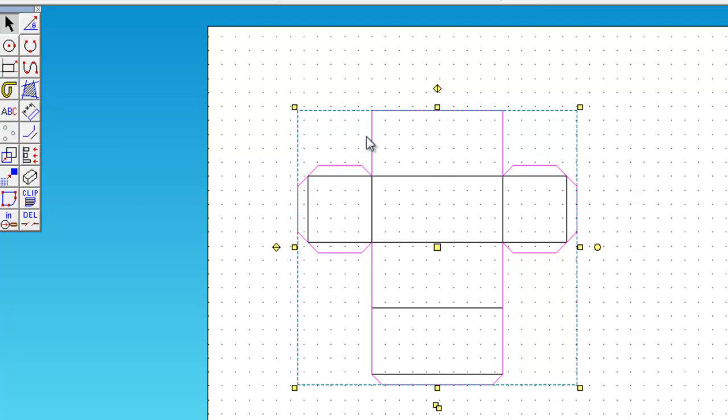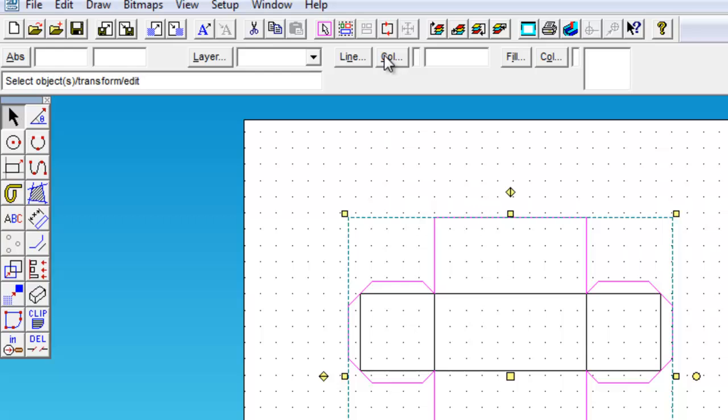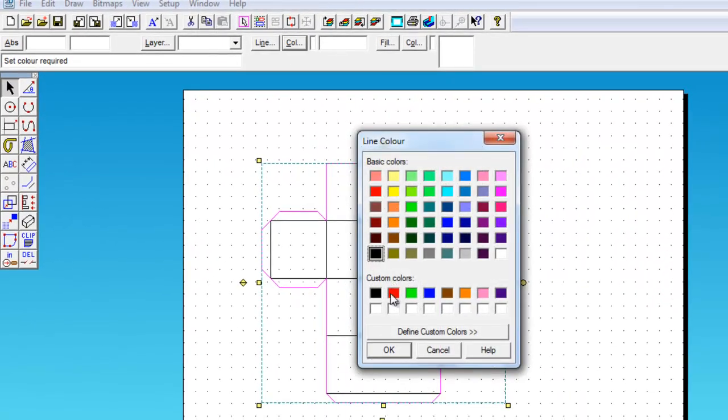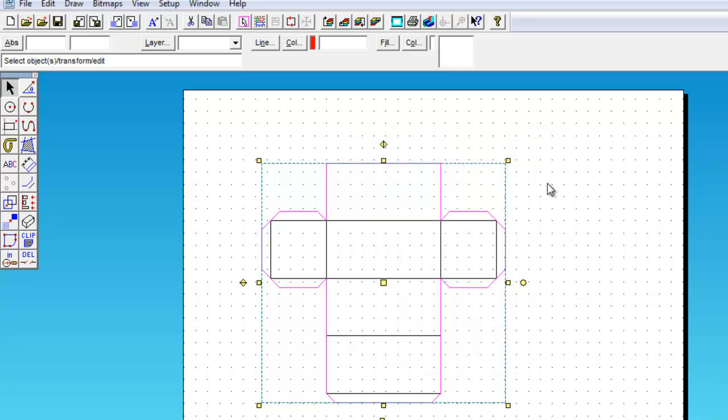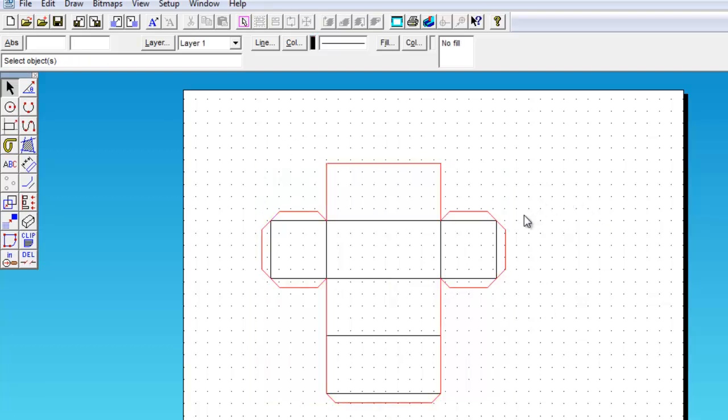So let's change those lines around the outside which are still selected to red. Remember, choose the colour beside the line tab, not the colour beside the fill tab. So click on colour beside line and choose red. Click OK. Then click outside the selected area and just check you've got the right loop of lines coloured red, and the lines in the middle for folding